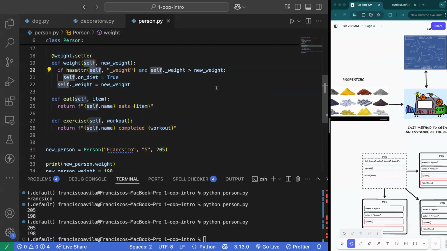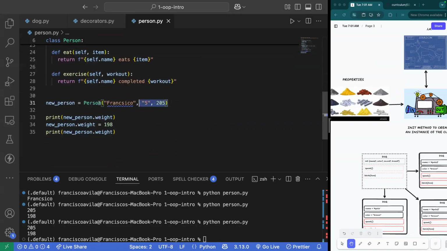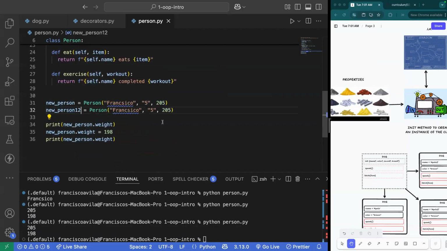Let me explain it. If I were to make another person, that person wouldn't have the attribute. Yeah, I get what you mean. So, for example, if I were to do person 2 or 12, I guess, and then I try to run it,